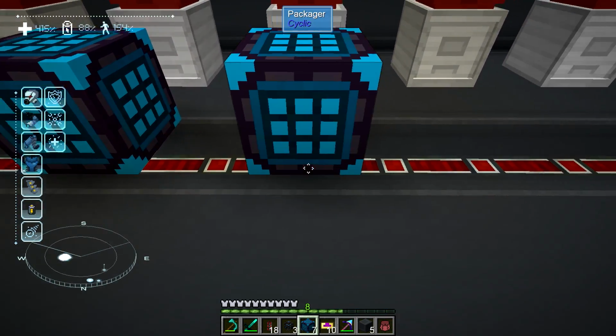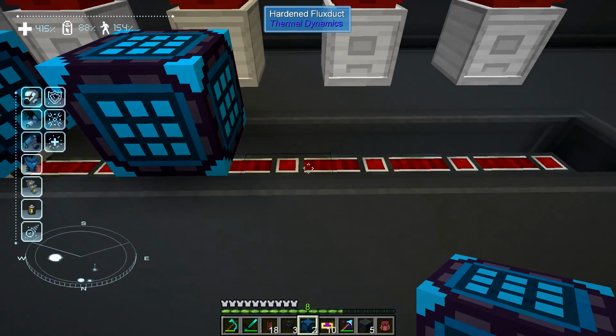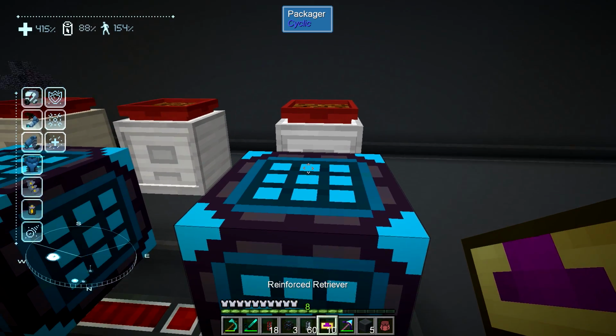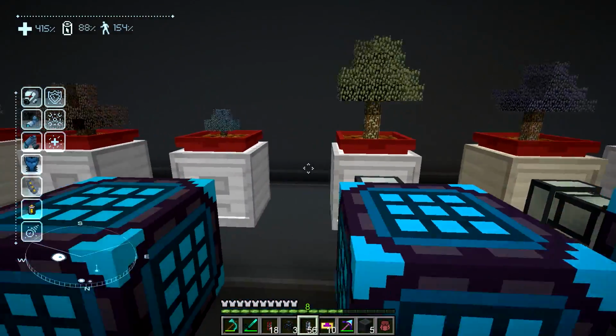So not going to do anything special. Just one space in between. Then we'll have an item duct going to the filing cabinet, and then we'll have to set up our retrievers. And then this will be pretty much done already. But I just want to make sure it's going to work the way I think it is. But anyway, we'll see. Do that,